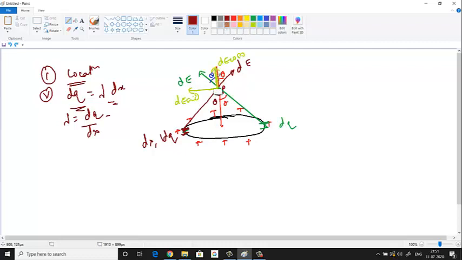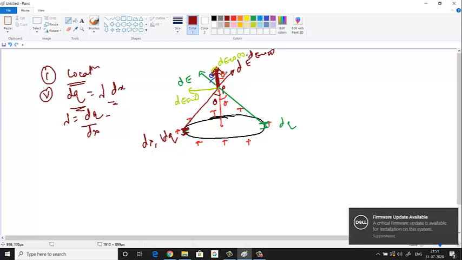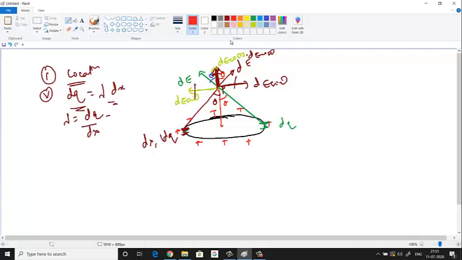So this again, this is theta, this is dE. Again this will become dE cos theta, so I'm writing dE cos theta here, and this becomes dE sin theta. What will happen? The dE sin theta components cancel. We are just showing two dq's, but actually this is happening with all the charges on the ring. All the dE sin theta components will get cancelled. Then what will be left?